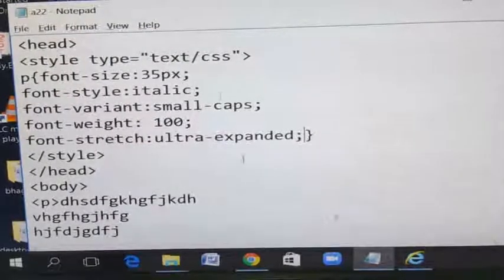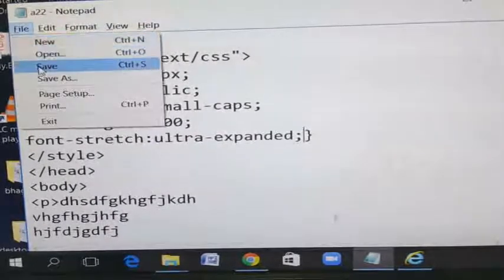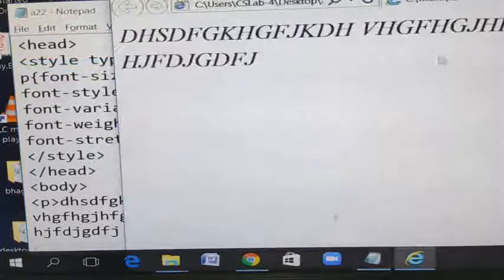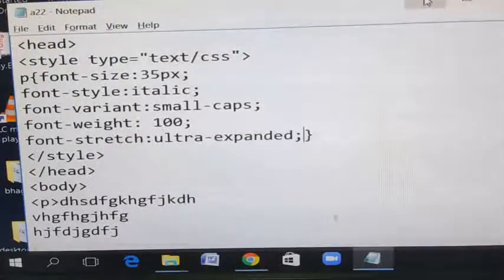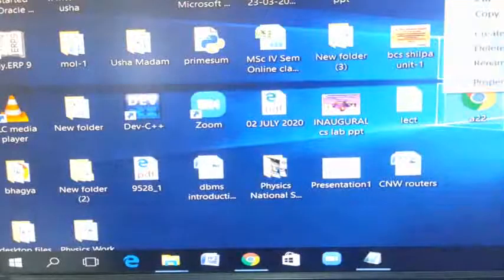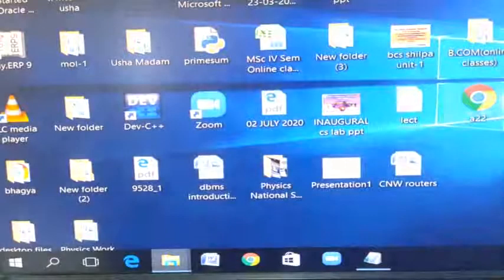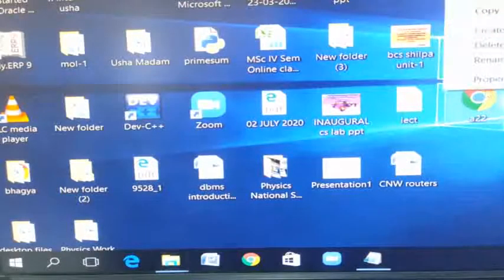Ultra expanded I have given, we'll see if it works or not. Save. Refresh. Actually here it is not working. Okay, so save this also. No, in Chrome also it is not working.